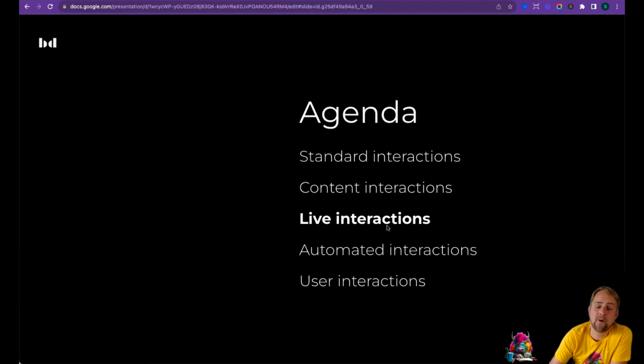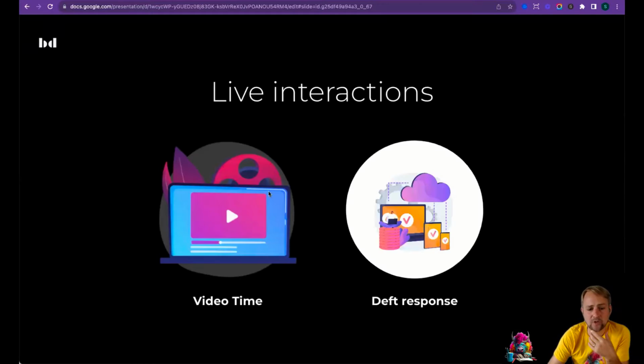The next big part, the next chapter, is live interactions. And by live, I mean something which is usually done in a live session where people are synchronously learning together, instructors and participants at the same time. In order to implement that, we want to show you an example of video time or video integration or video